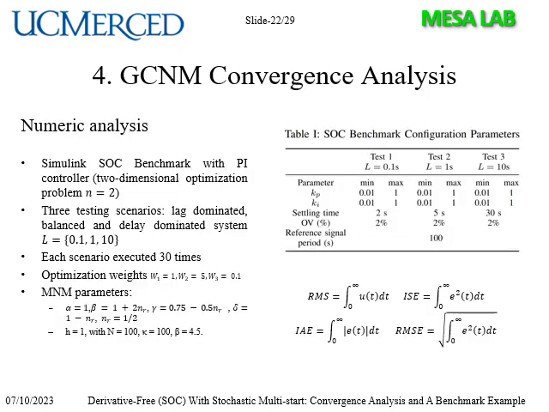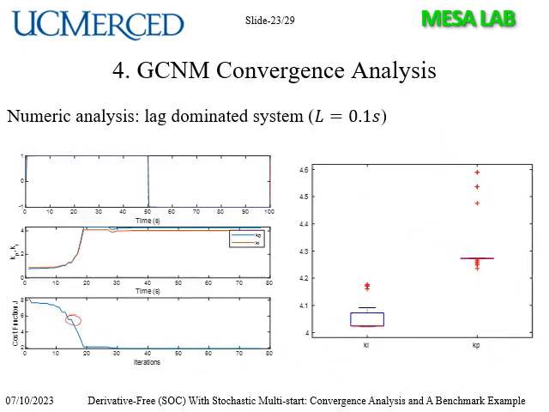In order to validate this, we use numerical analysis. Here, we make some test benches for the system for different time delays, 0.1, 1, and 10, and for some specific desired overshoot and settling time conditions using different performance indices.